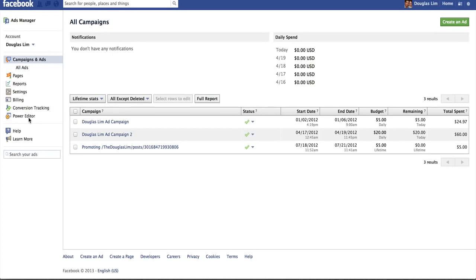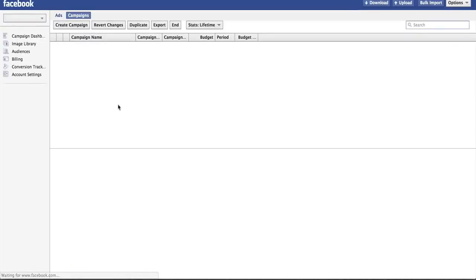So what I'm going to show you is how to get these cheap Facebook ads using Power Editor. But you simply apply the same process that I'm going to show you to Ads Manager if you want to use Ads Manager. And like I said before, I highly recommend Ads Manager if you're new to it, just to get you learning and getting used to how to create ads on Facebook. So once I click on Power Editor,